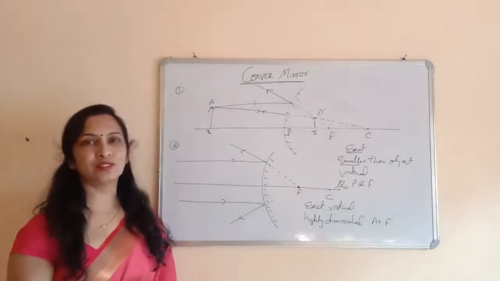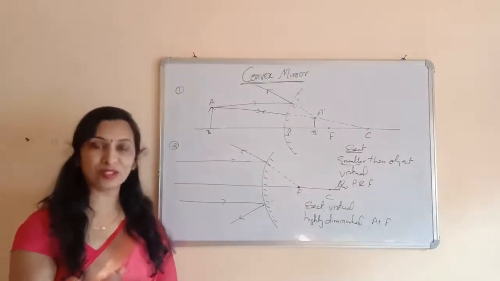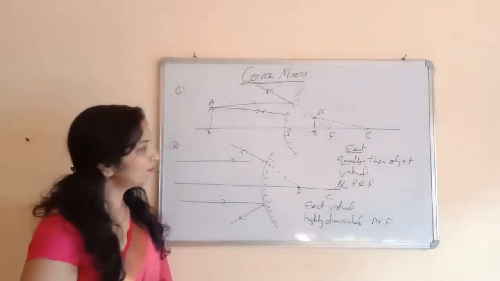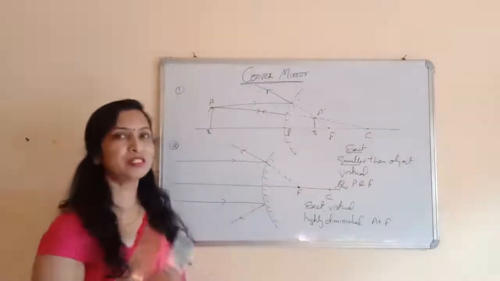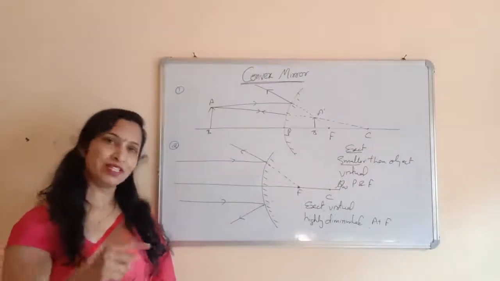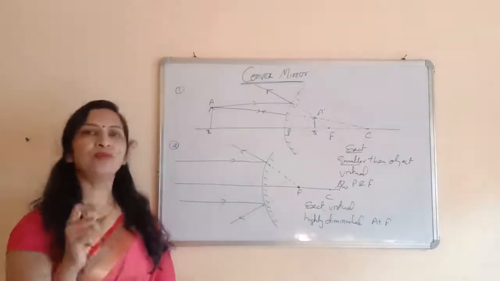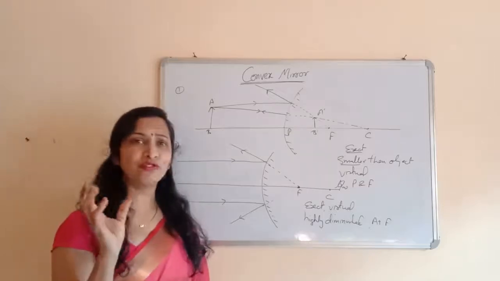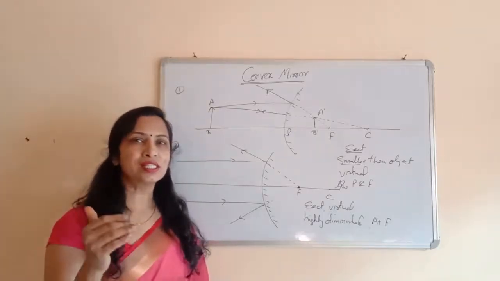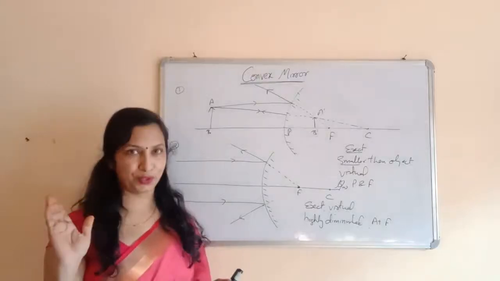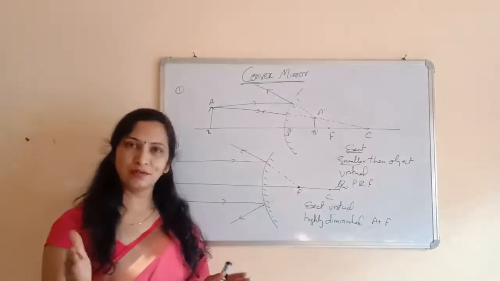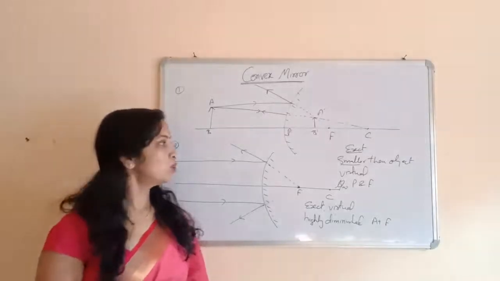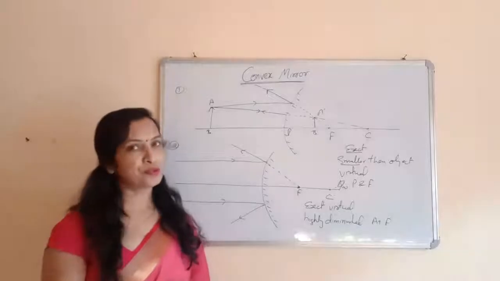It can be asked like this: which mirror do we use as a rear view mirror and why. One more thing: why don't we use a plane mirror as a rear view mirror? Just imagine, if you use the plane mirror, it will form an erect image, yes, but it does not form a smaller image. If it does not form a smaller image, it means you can see only a small view behind you, because it forms an image of the same size as the object. So that's why we don't use the plane mirror.